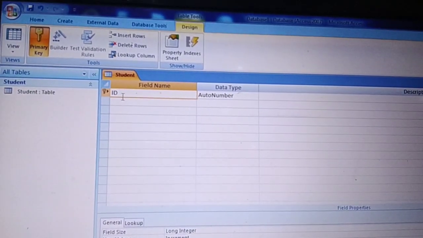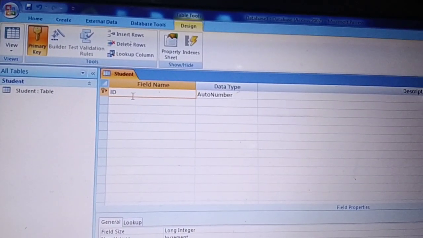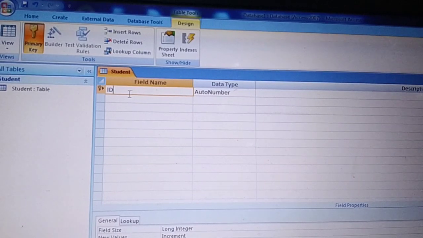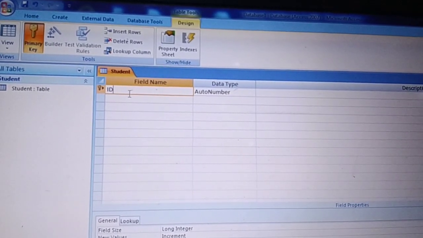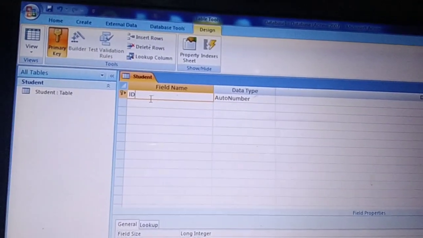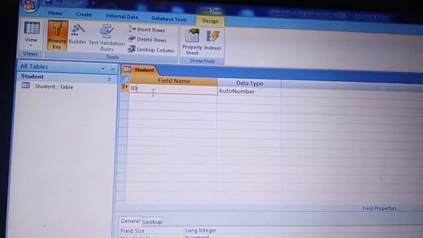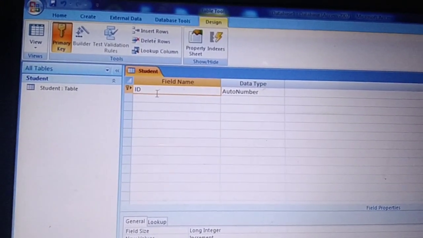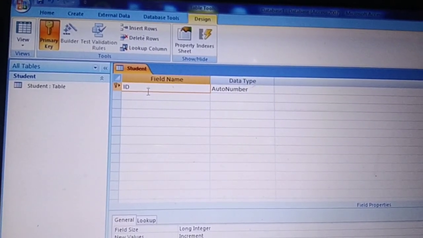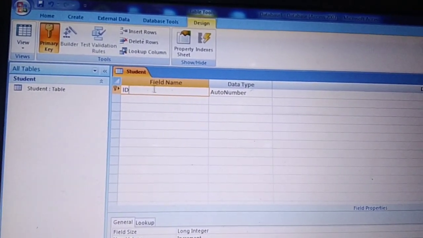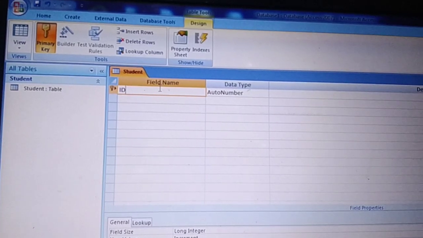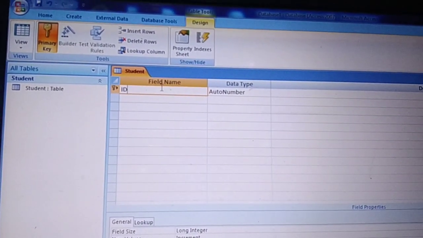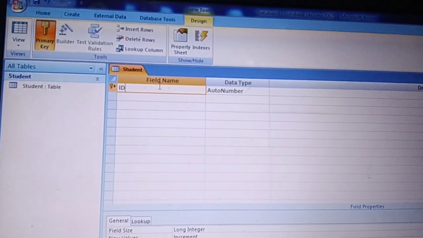So what is the need of a primary key? With the help of a primary key, we can make that particular field a unique field. It means in that particular field there will be no duplicate data, there will be no repeated data.